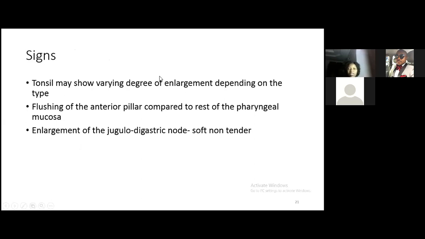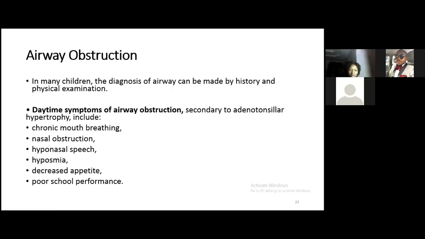Now, the signs that can be elicited on examination are that the tonsils will be enlarged depending on the type. There will be flushing of the anterior pillar compared to the rest of the pharyngeal mucosa. And there's also going to be enlargement of the jugulodigastric node. Usually it's going to be soft and non-tender. So that's that for the infectious cause of